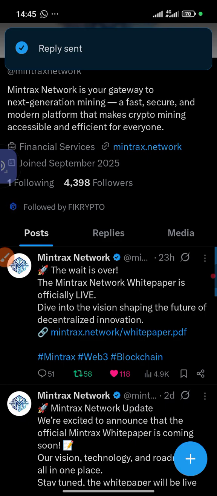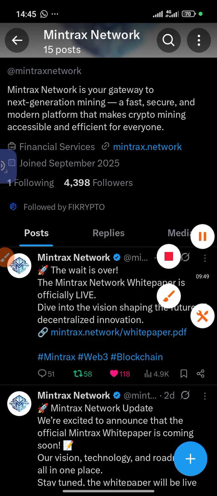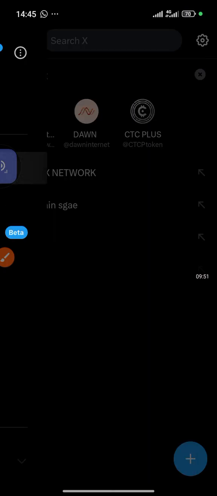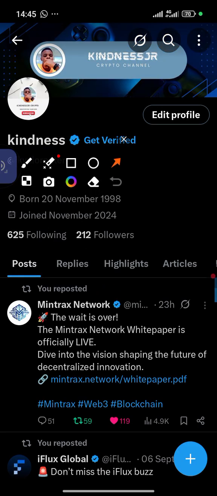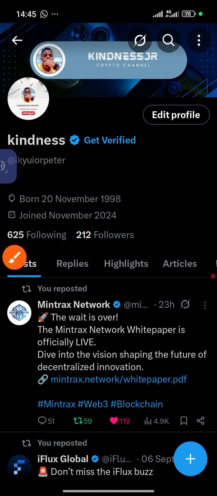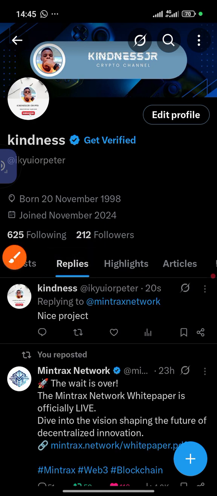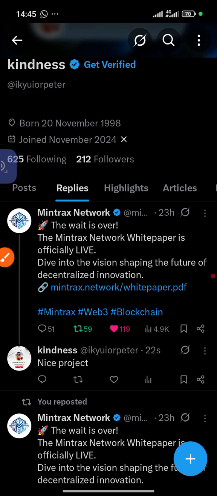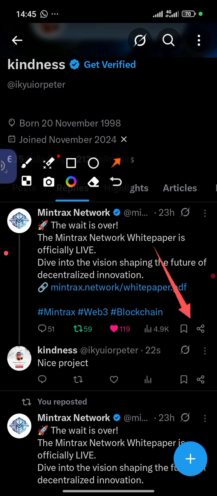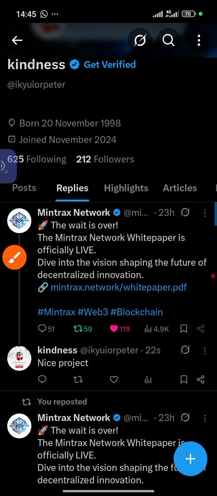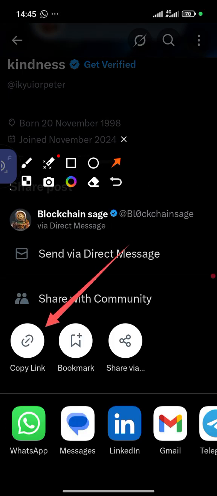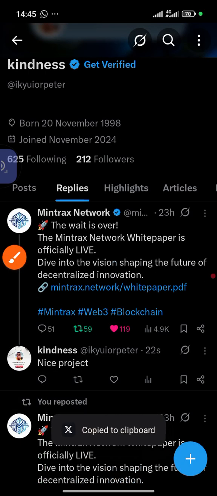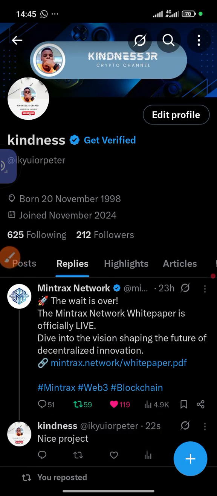As you can see, so everything here, you just need to go back to your page this way. You're going to see over here on your post, it's going to be reflecting on your posts, or if you want to find it, come on replies, you're going to be seeing it. So the next thing that you just need to do over here is just to come over to this place that it says search over here. Click on this search this way. Then you're just going to copy. Click on this copy that is here. You just copy it. But first of all, make sure you follow them and make sure to copy